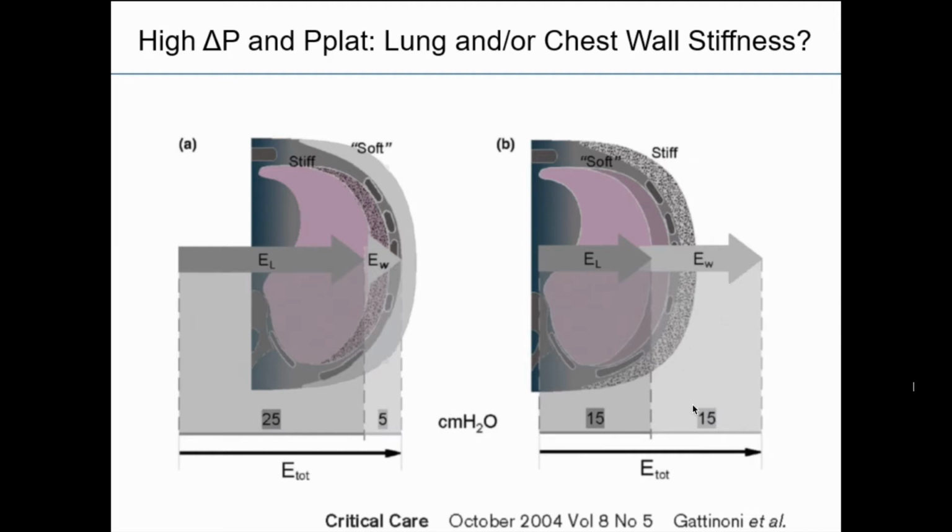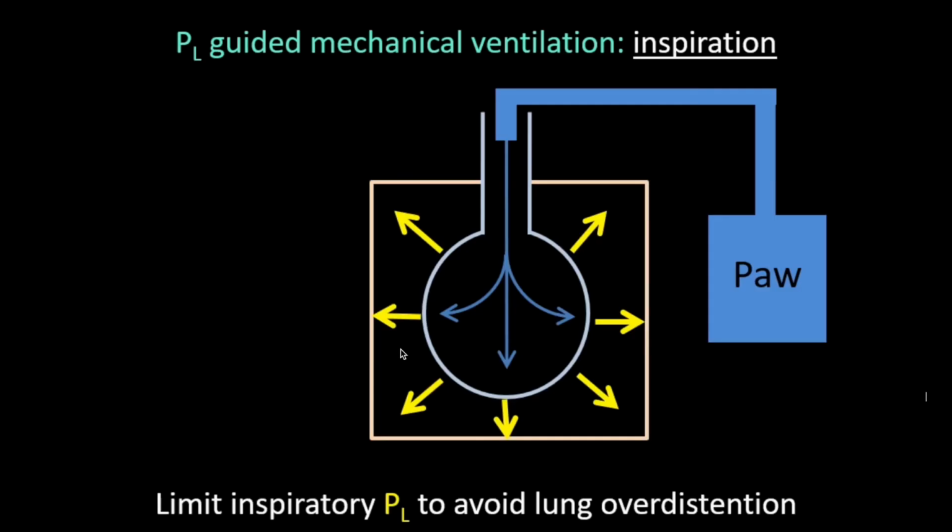Now when this happens, even though I am getting a plateau pressure of 30, the actual pressure in my alveolus is only 15. This variation is very difficult to know when you are using just the plateau pressure as a measurement for finding out the alveolar pressure. The transpulmonary pressure can help us guide the mechanical ventilation that we are giving.